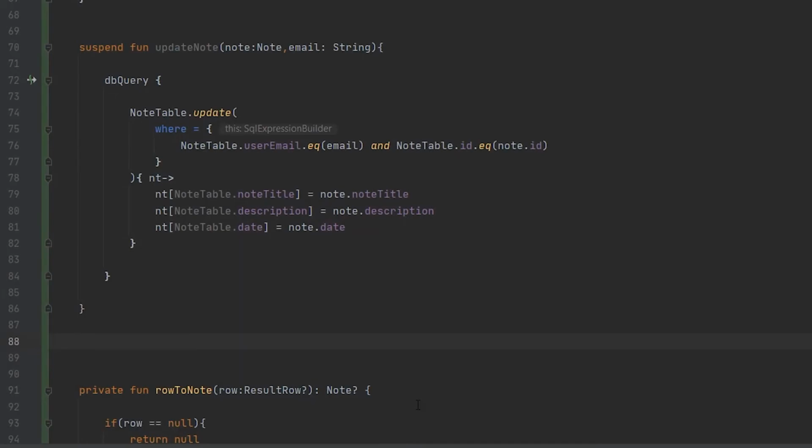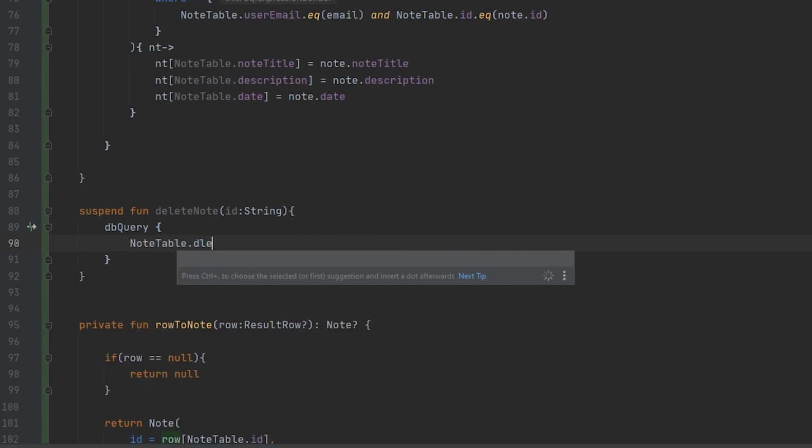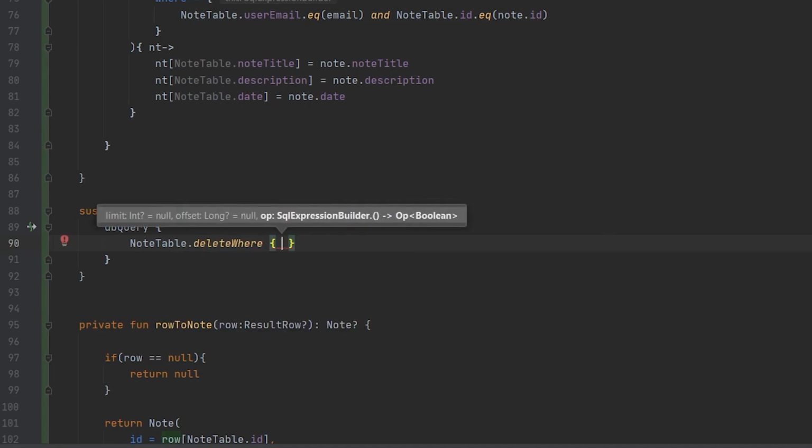Now the next function is to delete the node. Write a suspend function deleteNode, and here we have to accept the id of the node which we want to delete, and in this dbQuery function write nodeTable.deleteWhere, and here we have to pass the condition to delete the node which is following this condition.